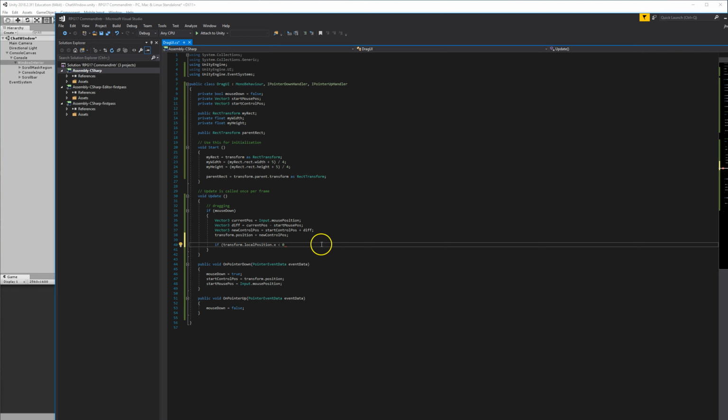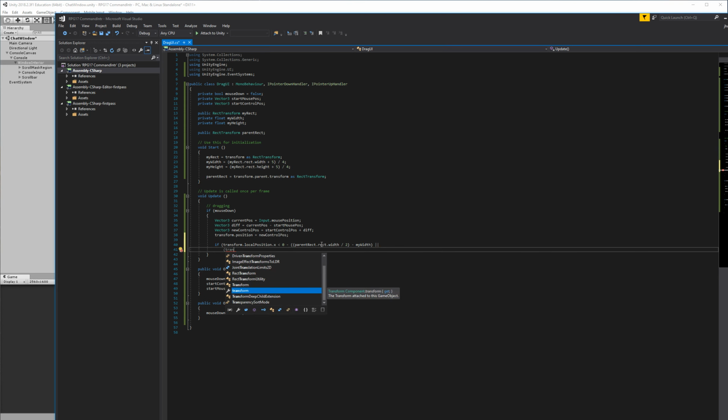Okay, this is going to get maybe a little weird here. It's not so much that I wanted to get 0 minus, and I want the parent rect dot rect dot width divided by 2 and width, or